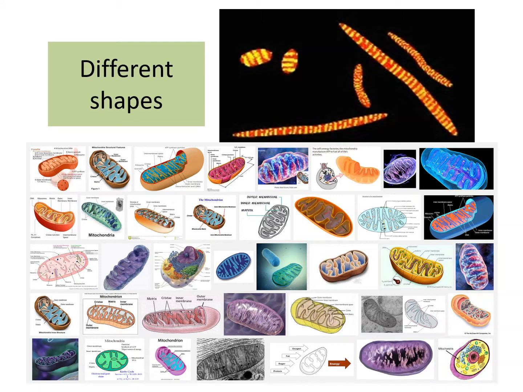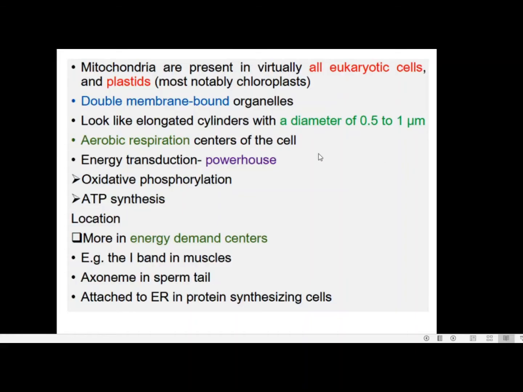We will have a discussion on the structure of mitochondria. So mitochondria are of different shapes seen in different types of cells, and usually they are rod-like cell organelles. Mitochondria are present in virtually all the eukaryotic cells as well as the plastid seen in plant cells. The chloroplasts etc. contain mitochondria inside, and they are double membrane bound organelles which are bounded by two membranes, and